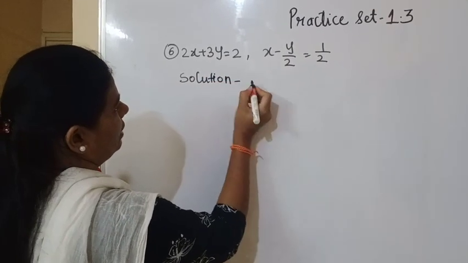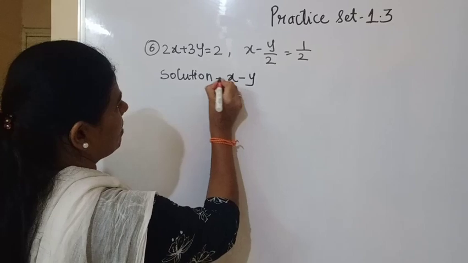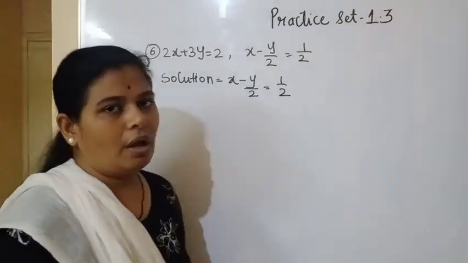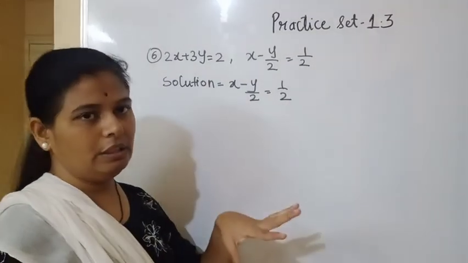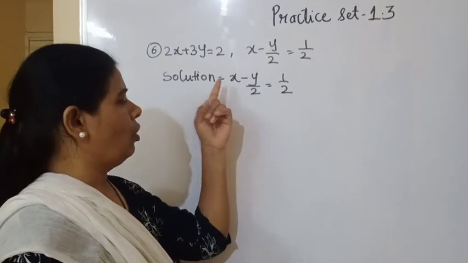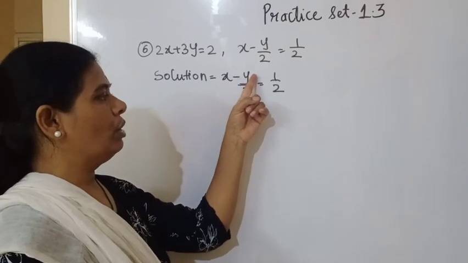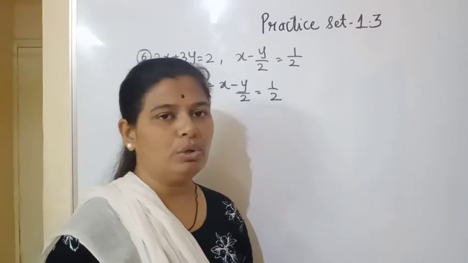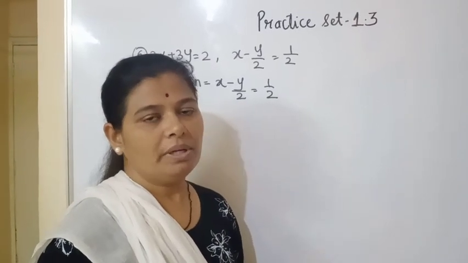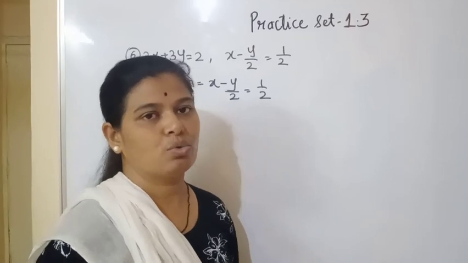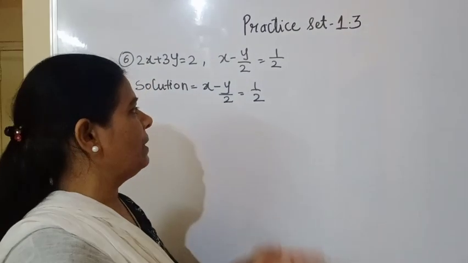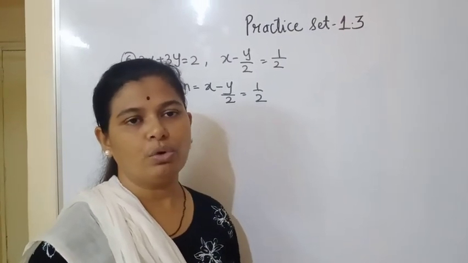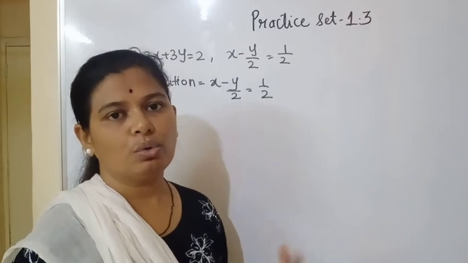Okay, we have to arrange equation number 2, that is (x minus y) upon 2 equal to 1 upon 2. Now here we can directly use the values a2 equal to 1, b2 equal to 1 upon 2 and c2 equal to 1 upon 2. But while doing the calculations, again some problems will be created, and students make mistakes many times with the denominator. So we have to remove the denominators by multiplying 2 to both the sides.